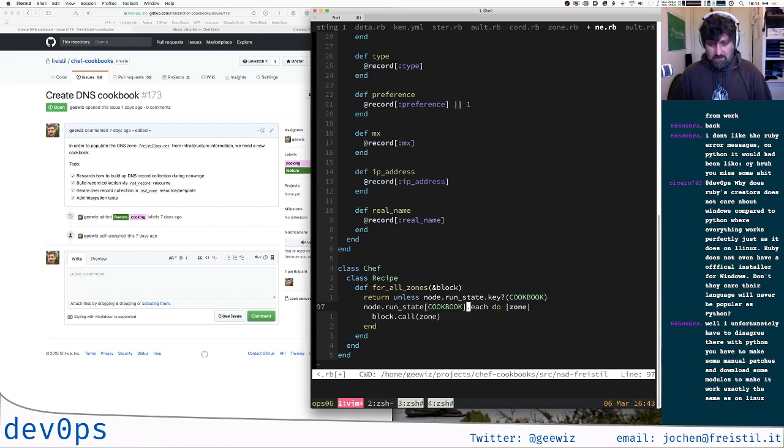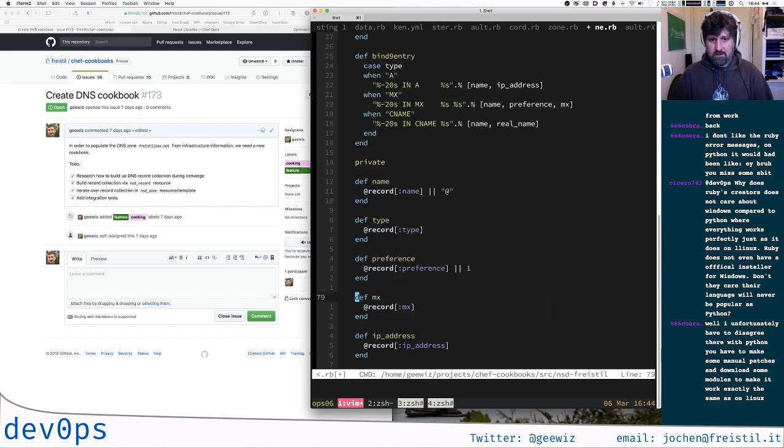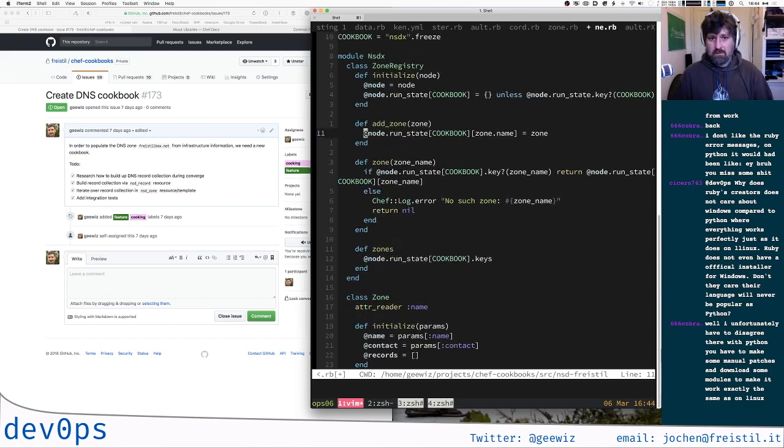No, it's not an empty hash, is it? It's an array. It's an array of zones, isn't it? Oh no, it's not an array. It's a hash